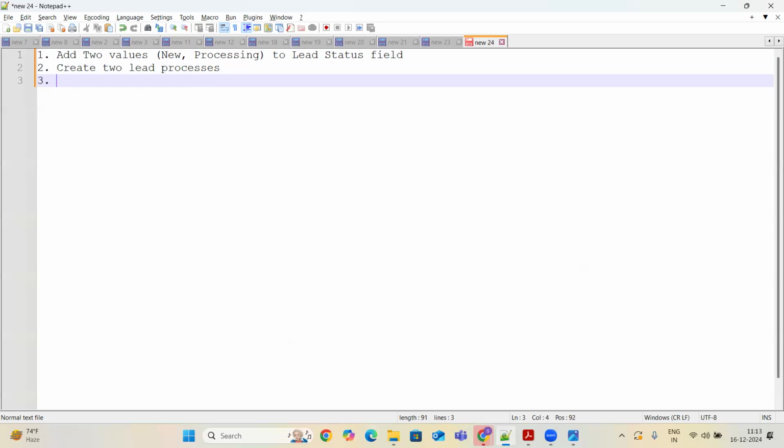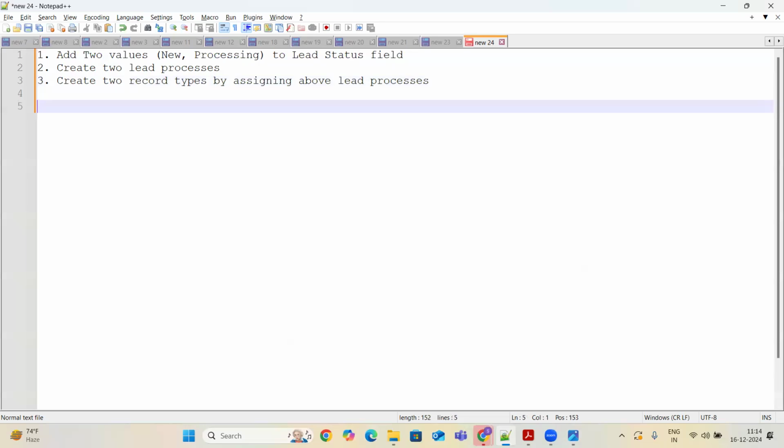And then create two record types by assigning the above lead processes.